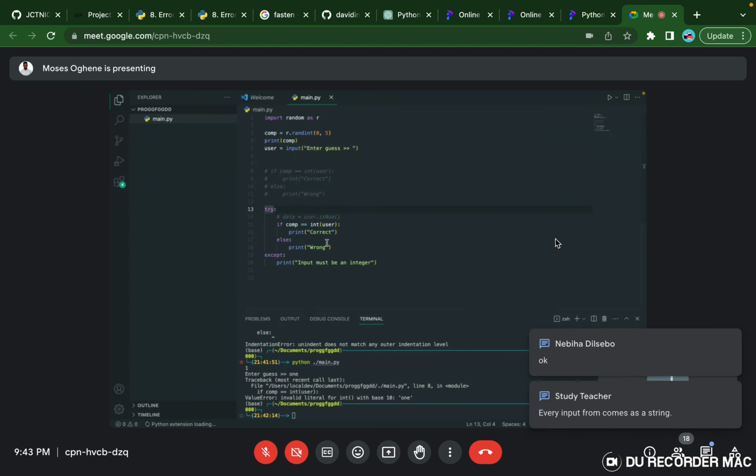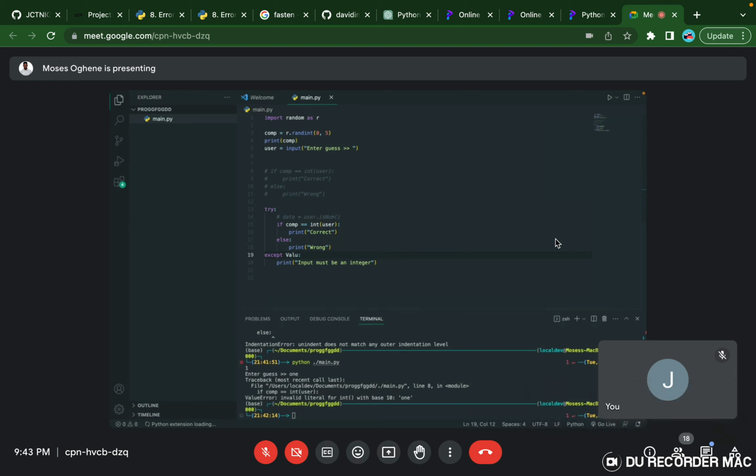If, except it's a value error, and catch for value error, right? For value error, we want to say input must be a number in digits,